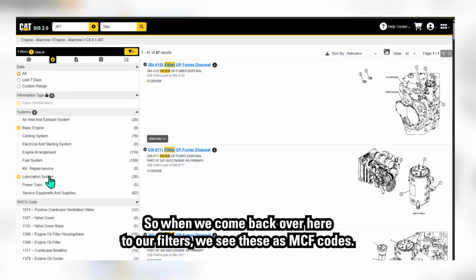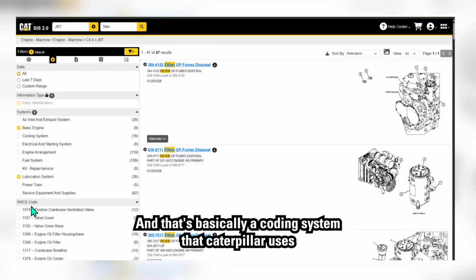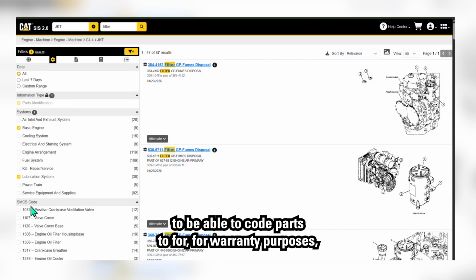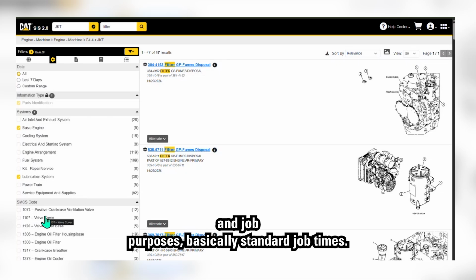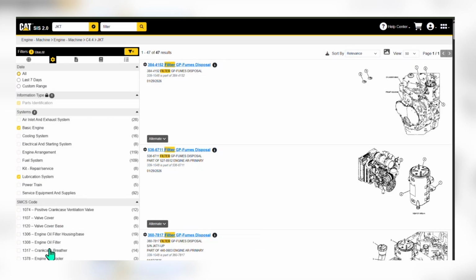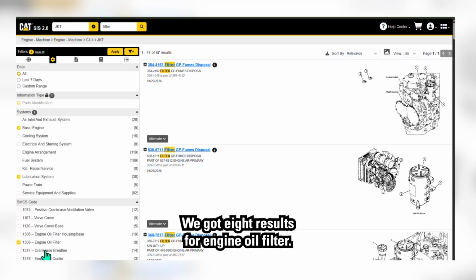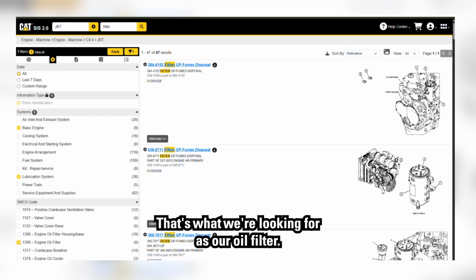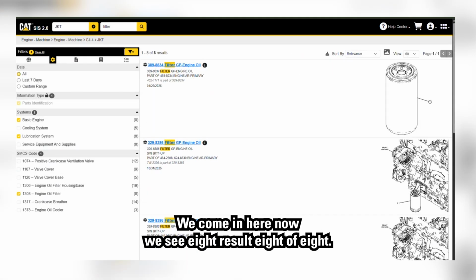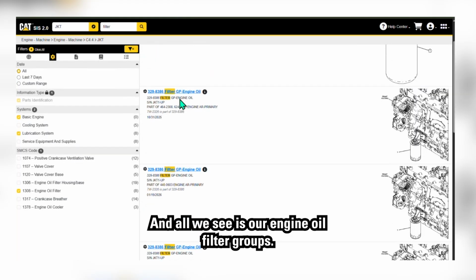So when we come back over here to our filters, we see these SMCS codes, and that's basically a coding system that Caterpillar uses to be able to code parts for warranty purposes and job purposes, basically standard job times. What we see here, 1308 engine oil filter housing base. We got 8 results for engine oil filter. That's what we're looking for, our oil filter. We come in here. Now we see 8 results, 8 of 8, and all we see is our engine oil